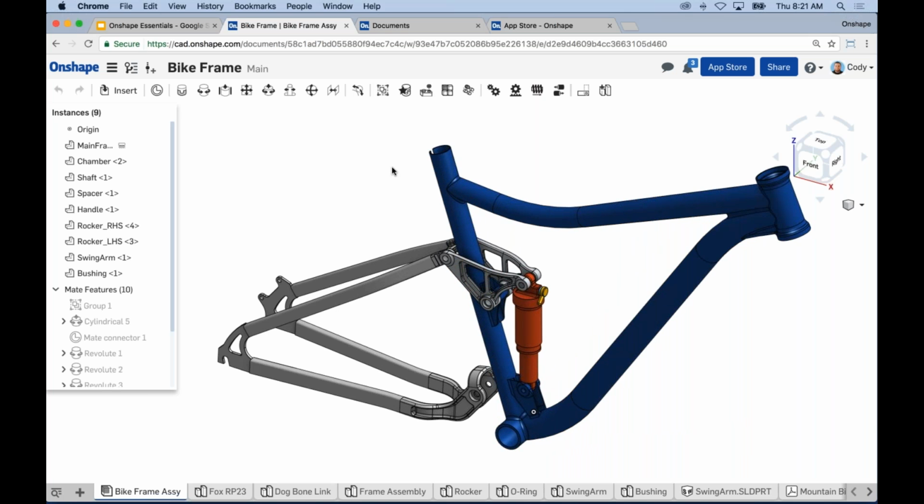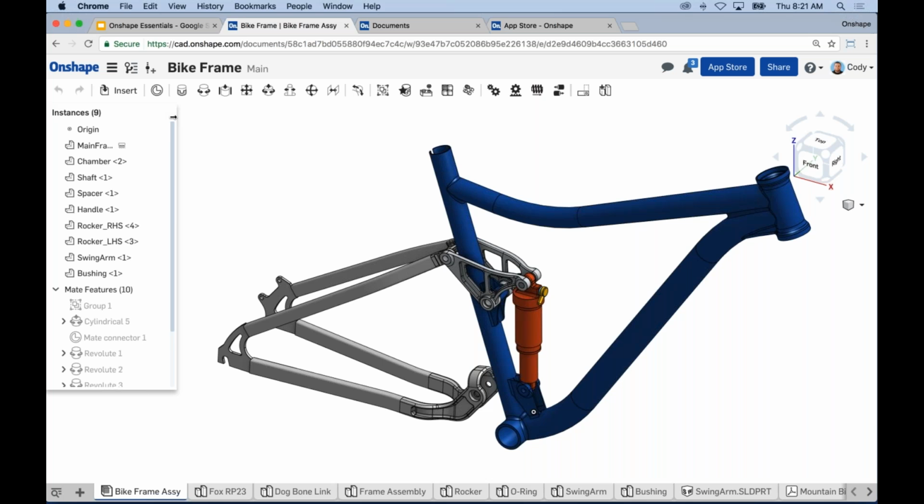If I go to a part, if I go to a drawing, you're going to see these icons change. Okay? And I'm going to get into as many of those as I can in the time that we have, but just realize this is where all the tools are, and those tools will change depending on what you're doing. Whether that's sketching, creating features, creating assemblies, creating drawings, you're going to see different icons there. So that's the toolbar. The next bit of the interface is, in this case, the instance list, the list of